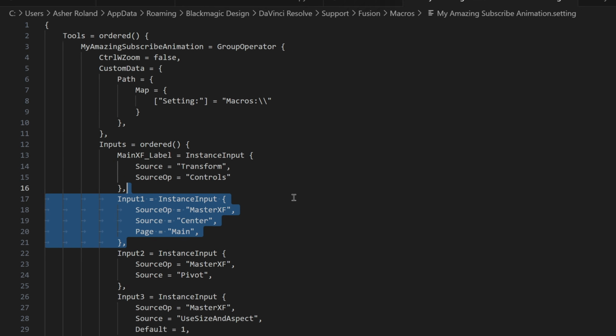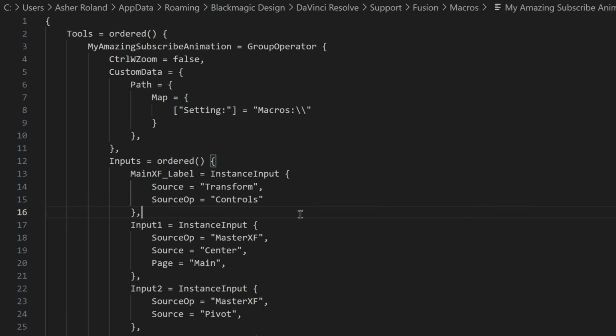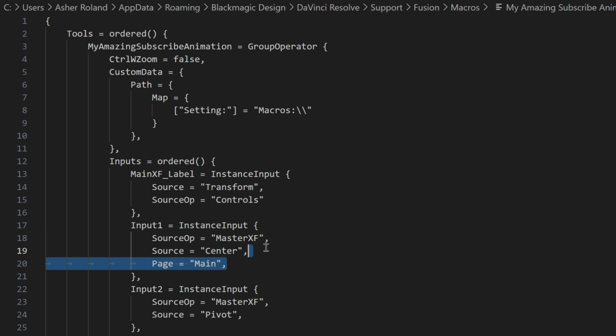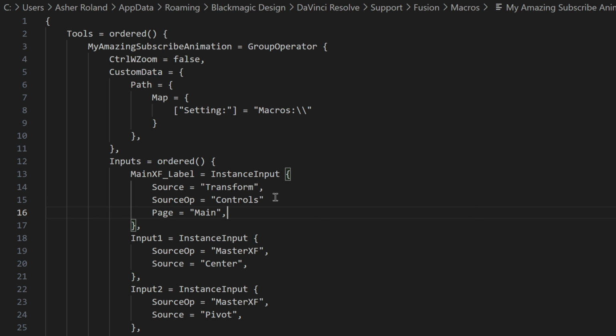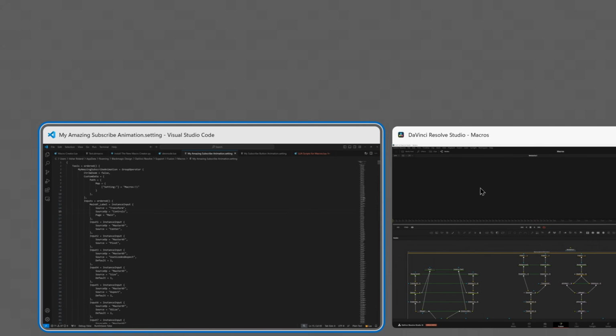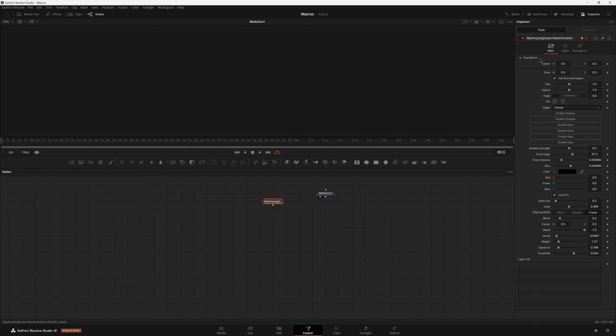transform node. But we'll see as we hop into here, and we can see it's not there because we didn't actually set its page. We want to make sure that's actually on the main page, so we're going to take the page from this one and put it onto here. Make sure you have a comma there, otherwise you're going to have some problems. Now if we save this and take a look at it again, now we're going to see we actually have